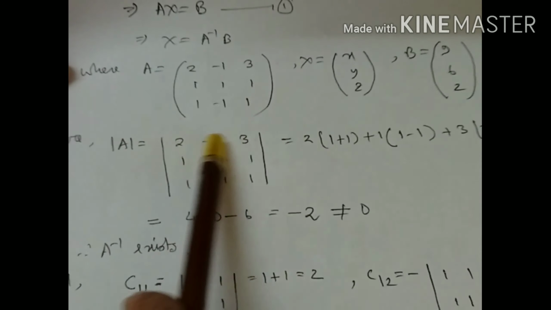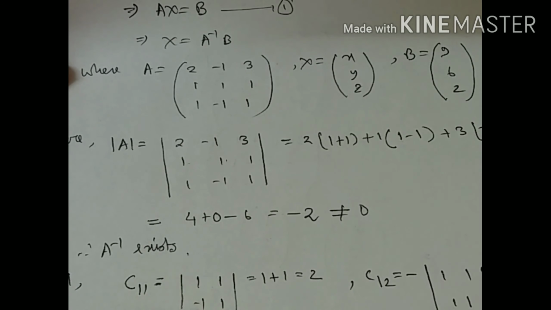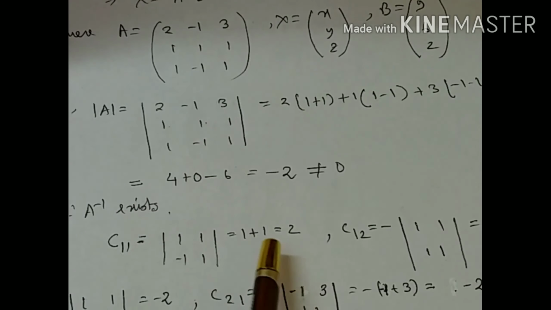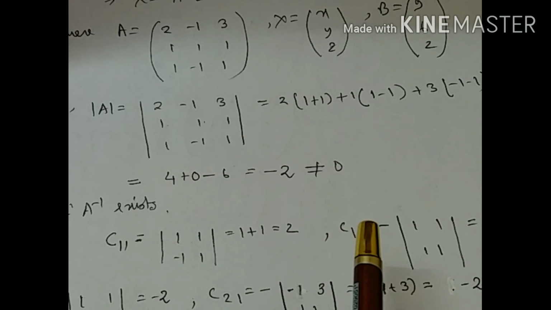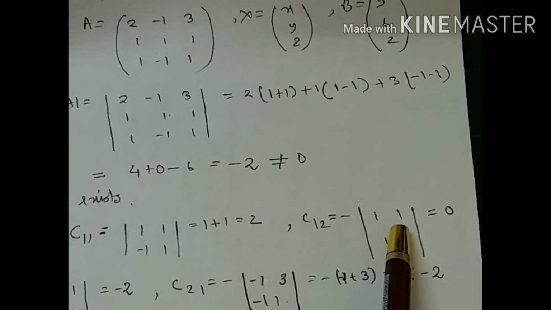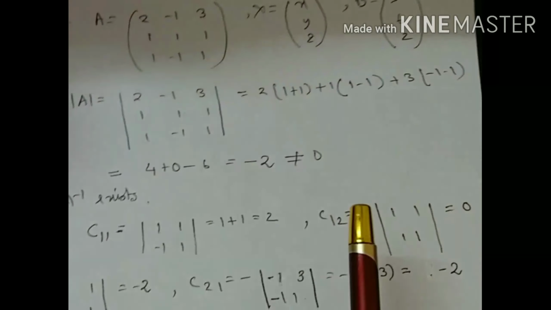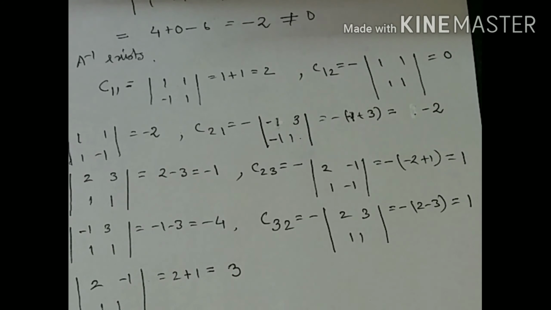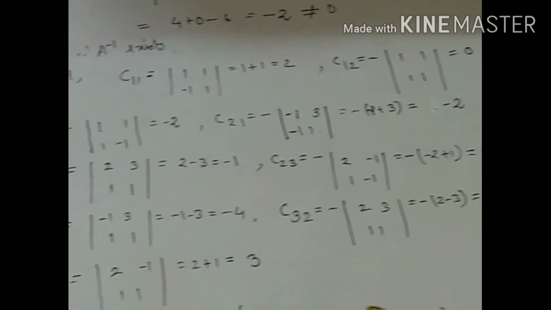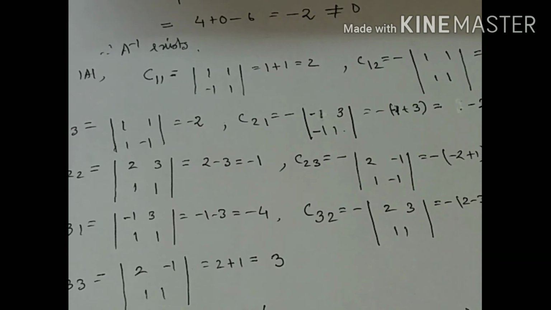So this is 1. Eliminating this row and this column, the lower order determinant is 1 1 minus 1 1, which ultimately expands to 2. Similarly, this one is minus, so the sign goes alternately, plus minus plus minus. So we can find the cofactor of the element in the first row and second column. Similarly, we will get all the cofactors of these 9 elements. We have done this in our previous classes. So these are all 9 cofactors.